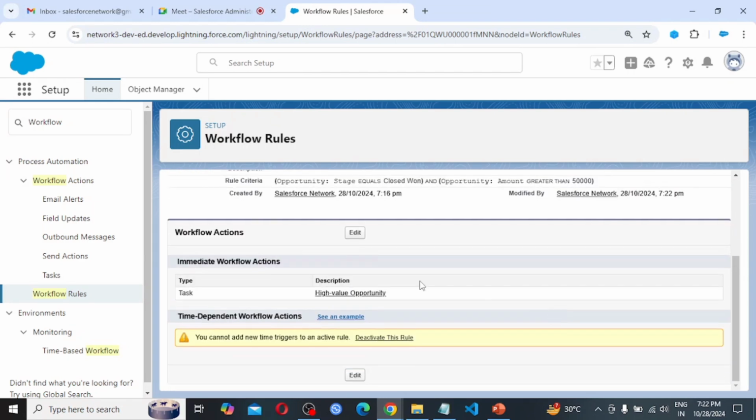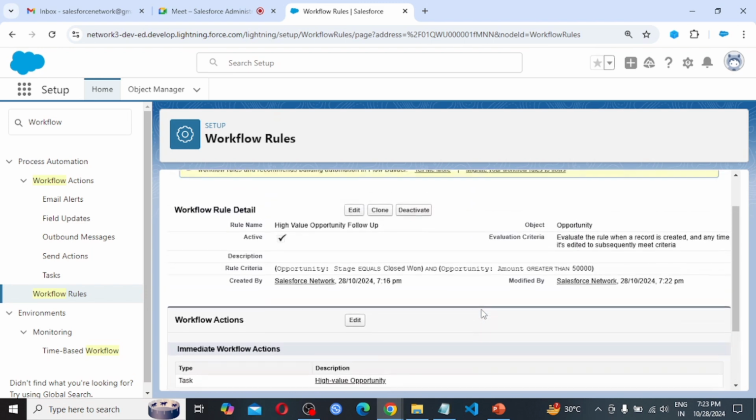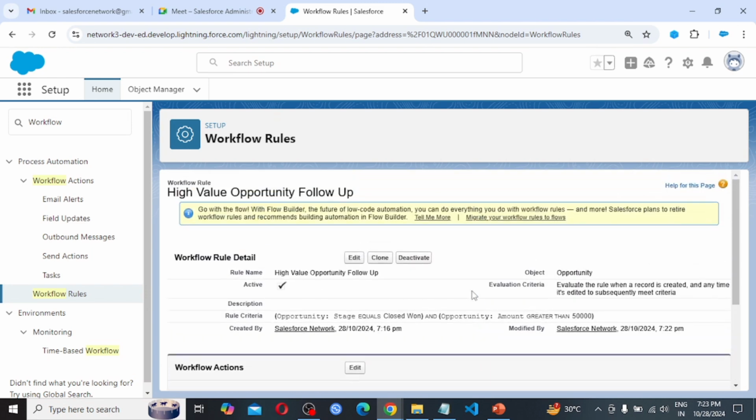And the action we are taking here, the immediate workflow action, is creating a task for the high value opportunity. So it's done.